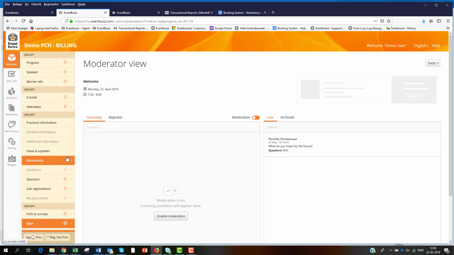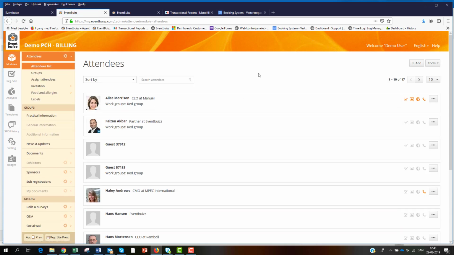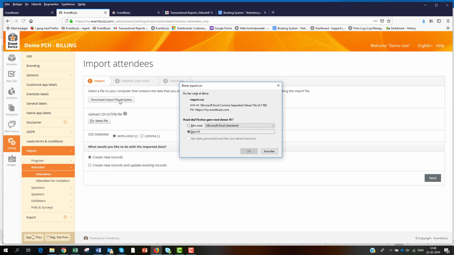Okay, so let's go to the next module I want to talk about, and that's the attendee module. We just looked at it briefly before because we were adding a speaker profile. But let's say that you have 50 attendees that you want to import directly into the system as attendees. Then it's going to take a long time to add them one by one. So instead, what you would do is go through tools, say import, and then you need to create a template to import. And in order to help you, you can take this template we have here,